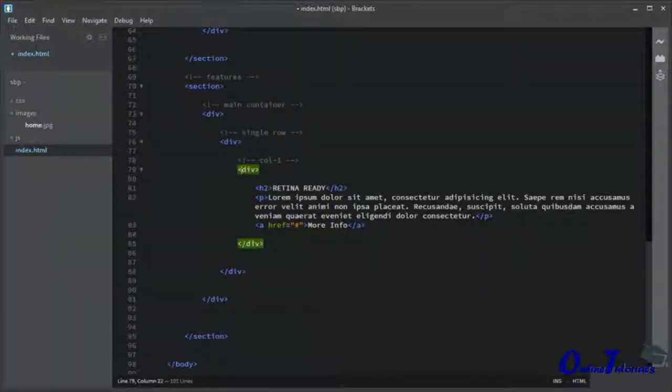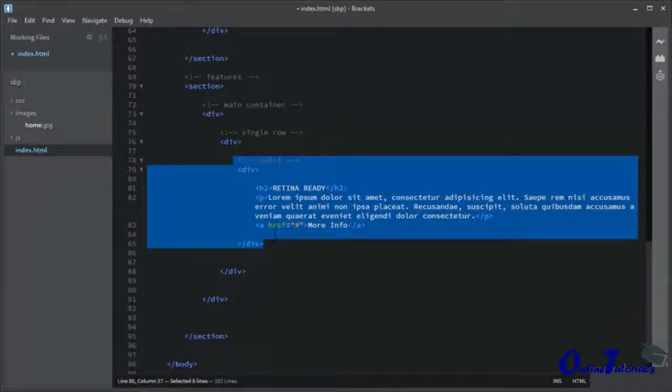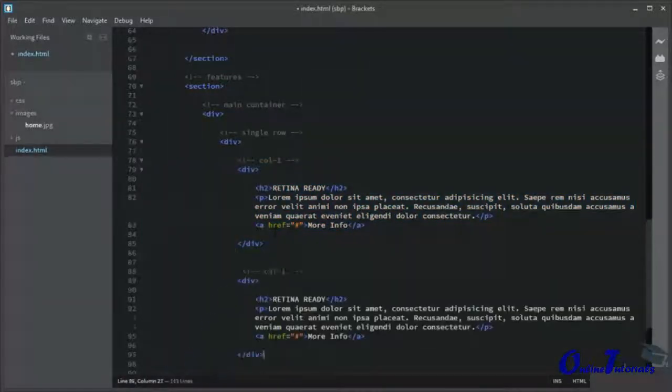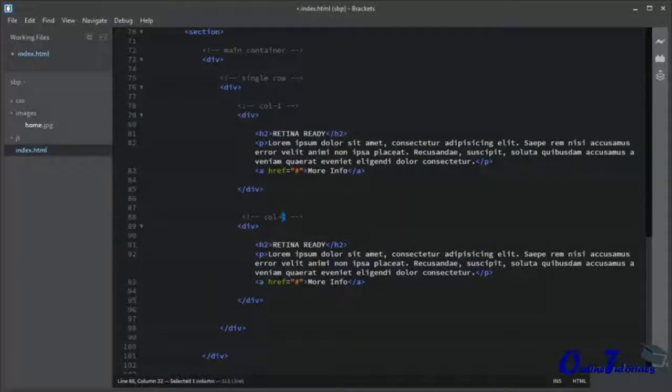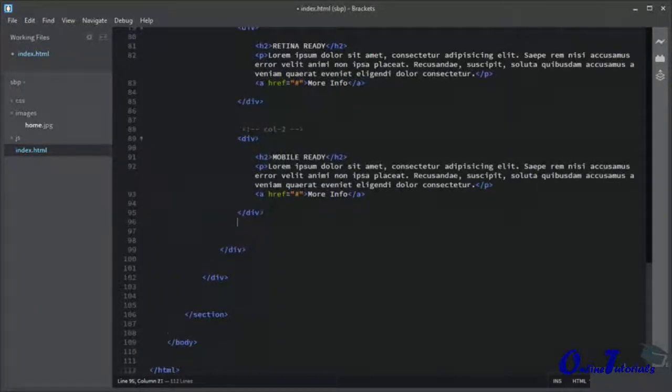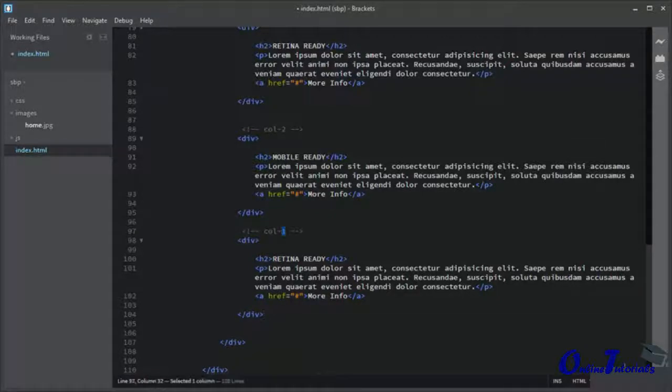Let me copy this column 1 for the rest of the 2 columns, like column 2, and column 3 will be for